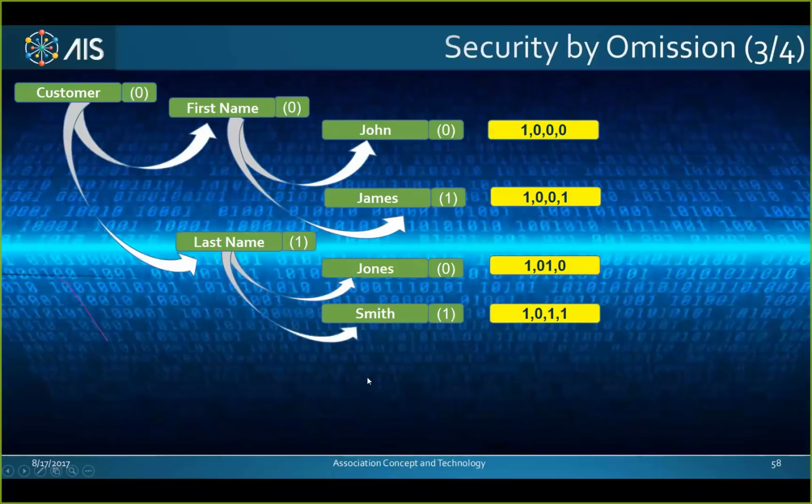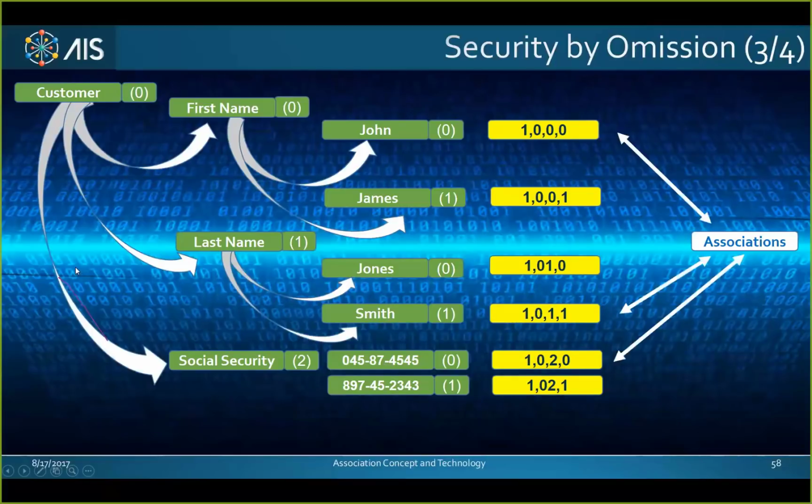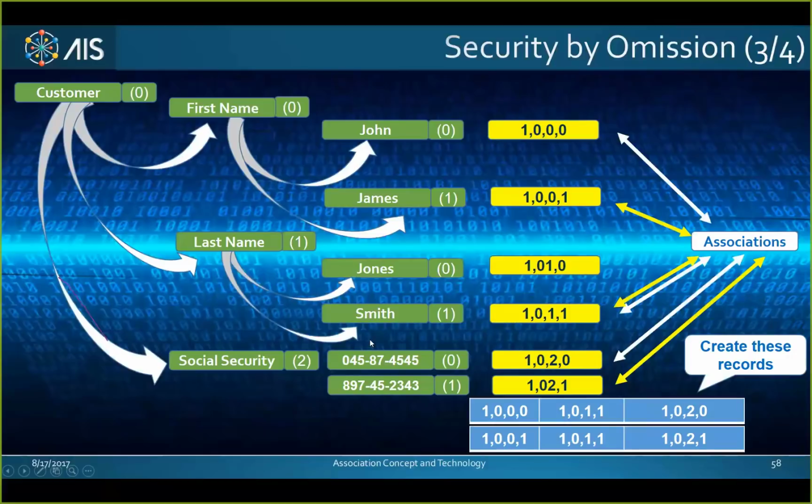Now, moving back a step, we're at the model customer, where we have first name, last name, 2 values, and I'm going to add Social Security as another value within another field within customer. It will have 2 values, each with their own address. Okay, and now what we've done is created an association. John is associated with Smith as the last name, and his Social Security number is 4545. Now, if we create another one, we're still using John, right? We're using James, I'm sorry, James, and we're using Smith again.